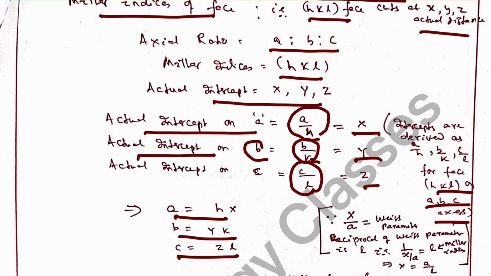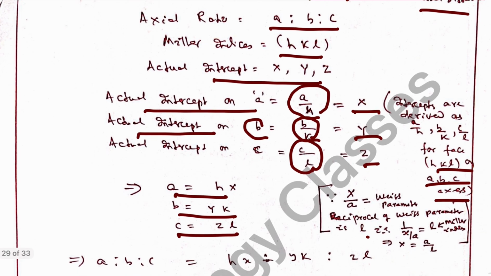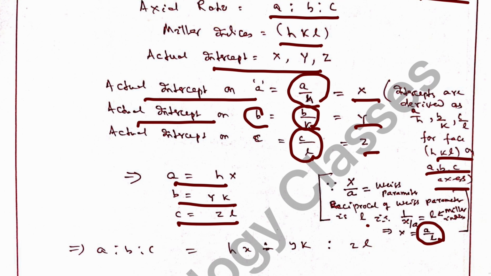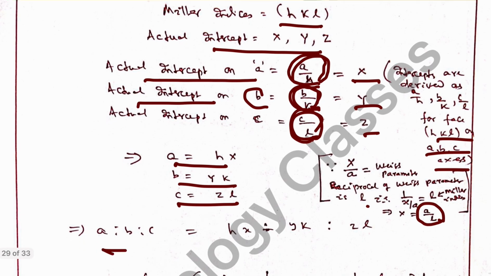So x by a is the parameter. The reciprocal of the parameter is h. So 1 by x by a is equal to h, the Miller index. So x is equal to a by h. This is x, a by h, b by k, c by l. That has been shown here. So a is to b is to c is equal to